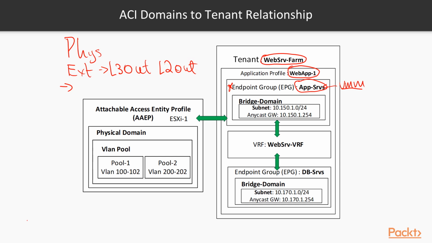The only thing that you have to do is grab your virtual machine and change the NIC adapter to be sitting on this particular port group, and there you go. The virtual machine is associated to this endpoint group. Okay, in this video, I would like to discuss the relation between our physical environment,